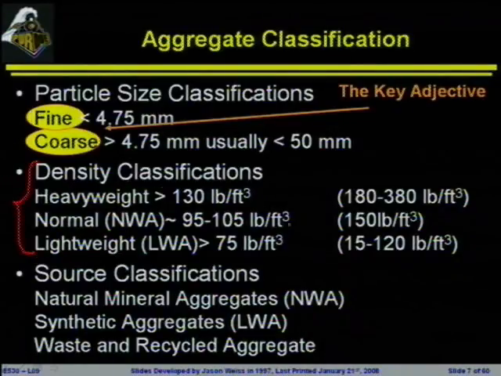So they are either normal weight aggregates, which we'll be seeing here about 95 to 105 pounds per cubic foot. They will make a concrete that is about 145, 150 pounds per cubic foot, which is our typical unit weight of concrete. You will also see that aggregates will be heavyweight aggregates or lightweight aggregates. Lightweight aggregates, the main use of them is going to be